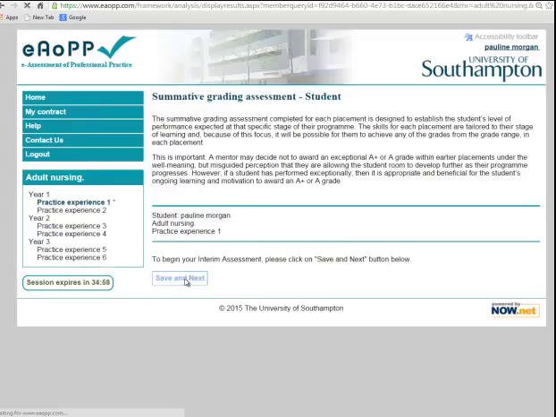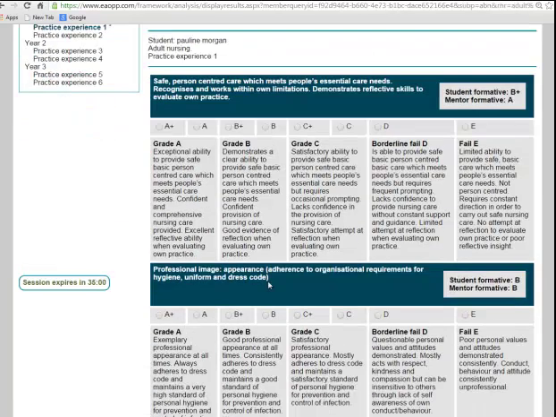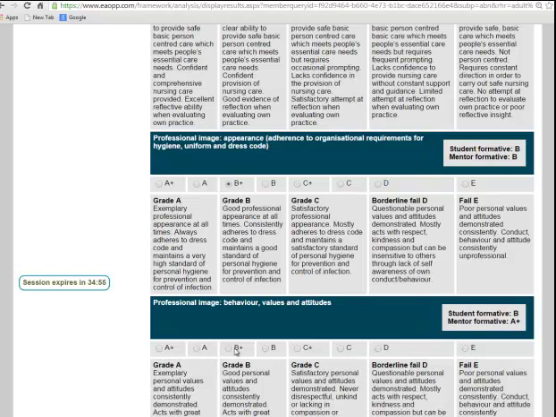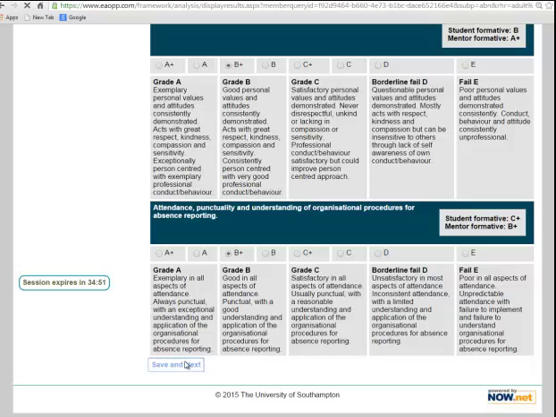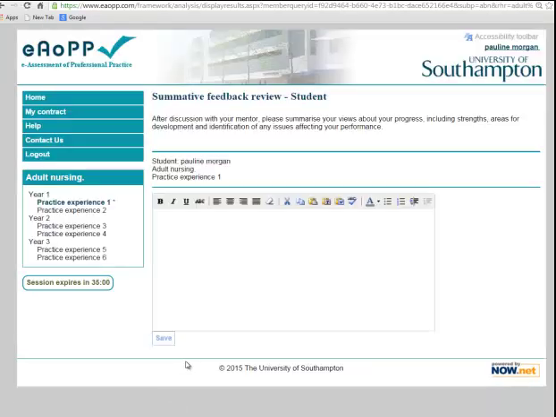we load up your grading grid, and then you grade yourself again in the same way as you did before. When you've done all of them, you save and next. Here you're going to write again your strengths and weaknesses, what you've learned, how you think this placement went, and as it says there, anything you feel might have affected your performance. It could affect your performance in a positive way. It doesn't have to be everything negative. You might want to thank your mentor for their support,